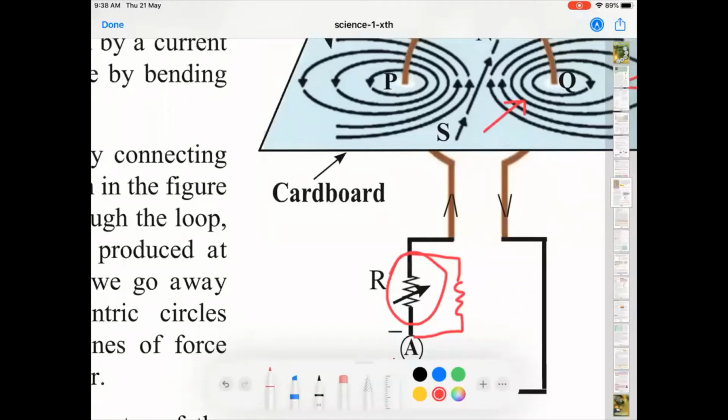In 9th standard you had studied that when resistances are connected in parallel, the equivalent resistance decreases, and when they are connected in series, the equivalent resistance increases. In this case, what I have drawn is resistances in parallel, so the equivalent resistance decreases. If the equivalent resistance decreases, then the current flowing through the circuit increases, and that is what happens.